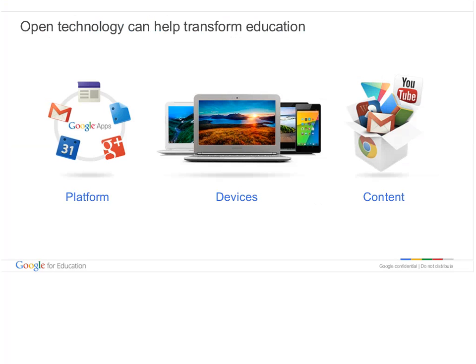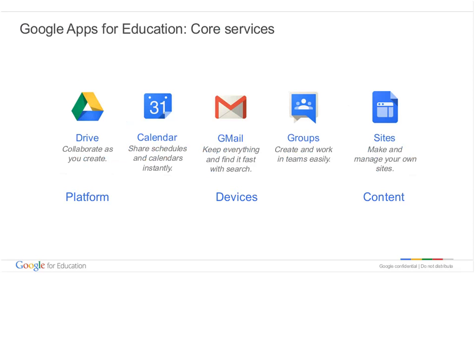We divide things up into platform, devices, and content. And you're free to use any part of this on its own. So for example, platform includes our Gmail, our Google Drive, our Docs, which is a spreadsheet, word processor, and presentation manager, our devices, which include Chromebooks and Android tablets, and lastly, all of the great content out there. So there's content from Google, like YouTube and the Play Store and various things. And then there's also great content from all sorts of providers like Khan Academy, Open Educational Resources, lots of different places to get great content. And again, all open, all available on multiple devices.